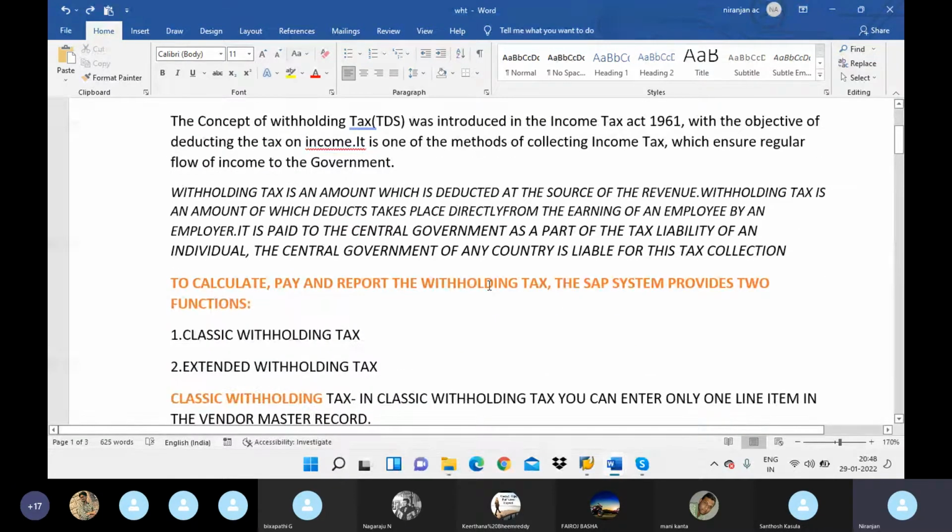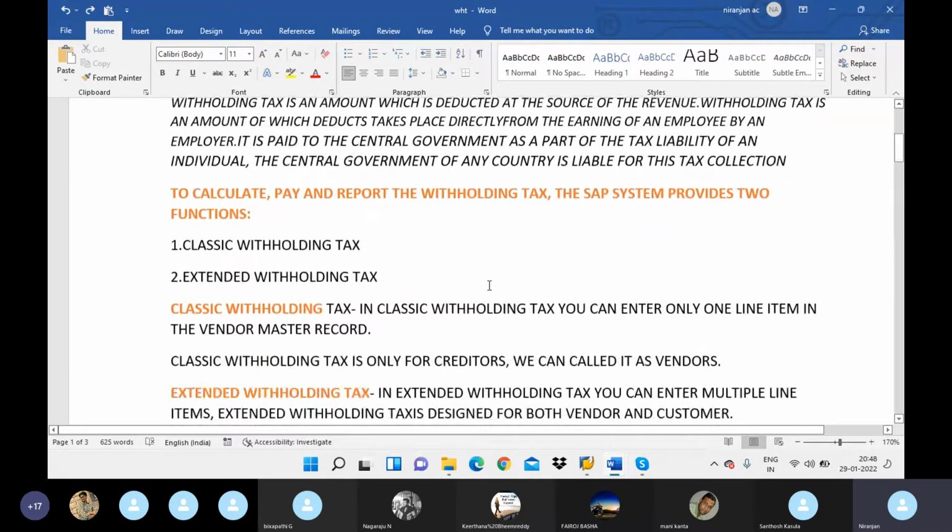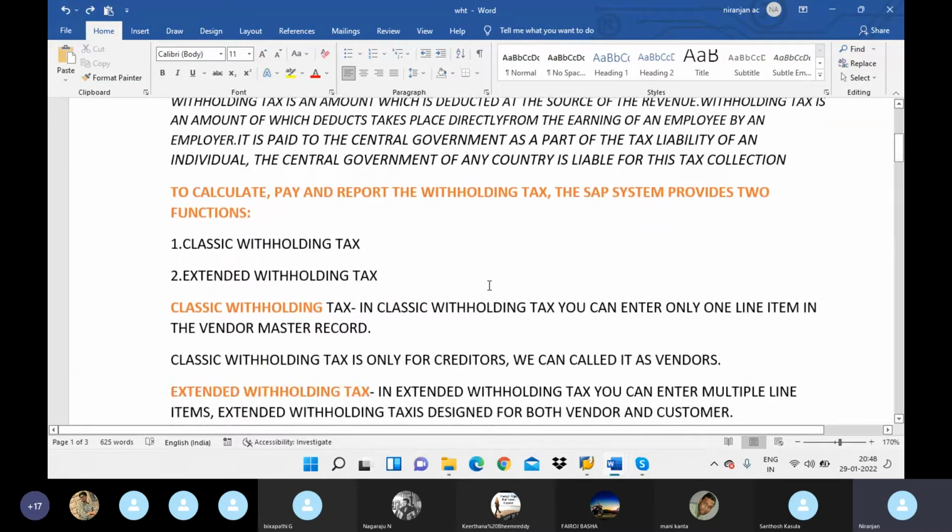In SAP, we have two types of withholding tax. First one is classic withholding tax. Second one is extended withholding tax. In the classic withholding tax,